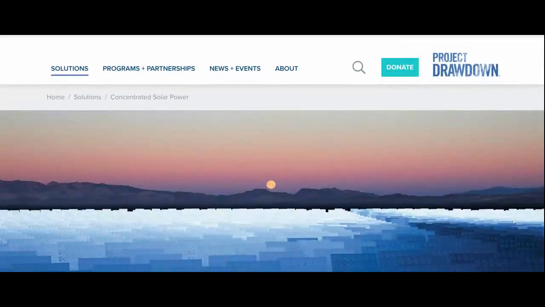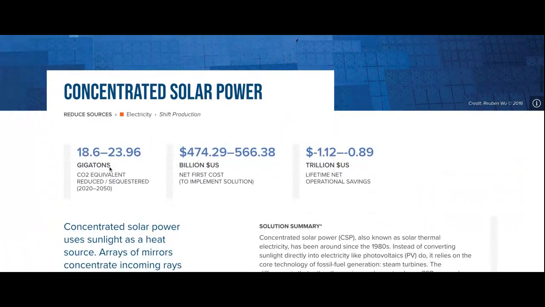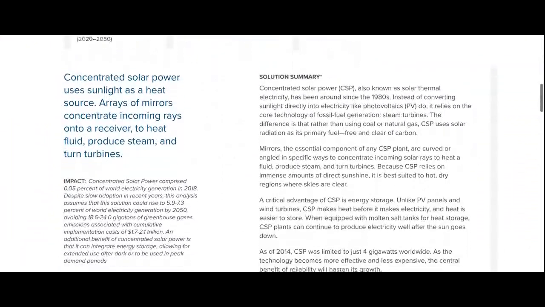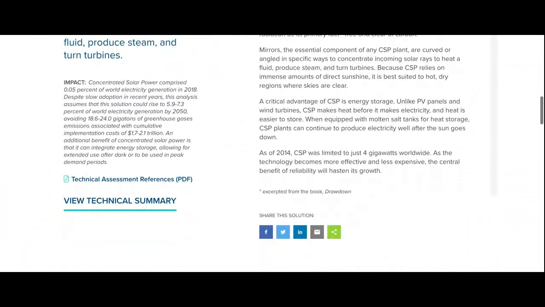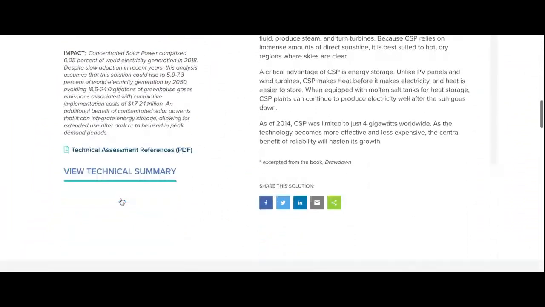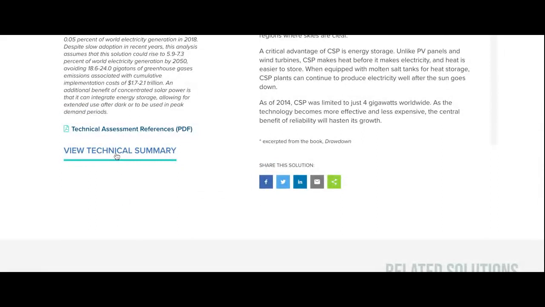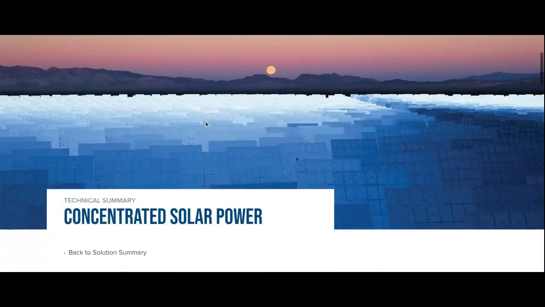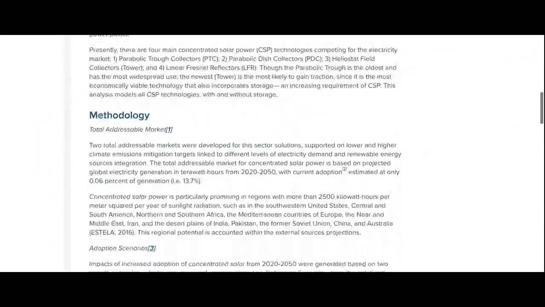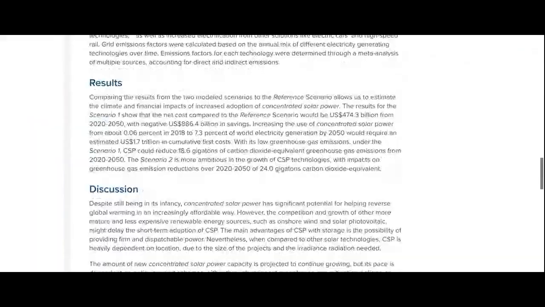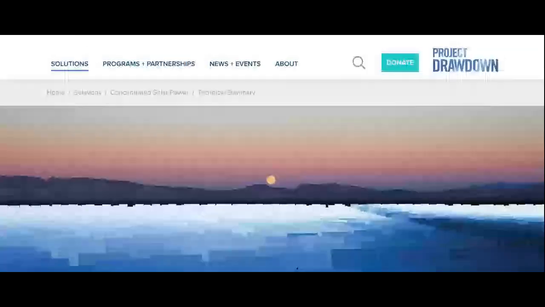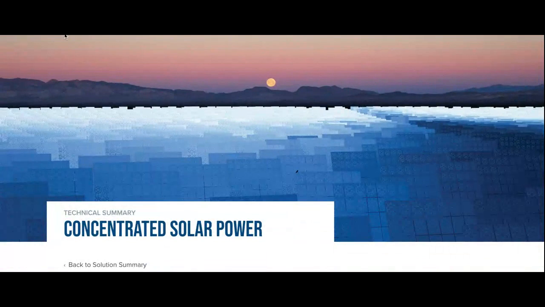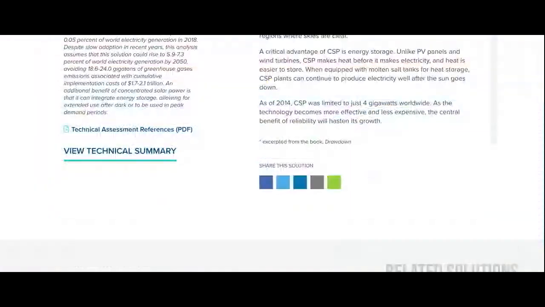Drawdown here talks about how solar power can help you take CO2 out of the atmosphere, how much it would cost, and how much it would save in a lifetime. I could read deeply into this. This is much more scientific and much more thorough, but of course you can look into it and start thinking about it. What's great about this is you could also read the technical summary, so you can go more in depth about what is really going on with solar power, how much it costs, and all these kinds of ideas. If this seems a little too wordy and very specific to solar power, you could just start thinking about how you could apply this solution to what you want to do in your industry.